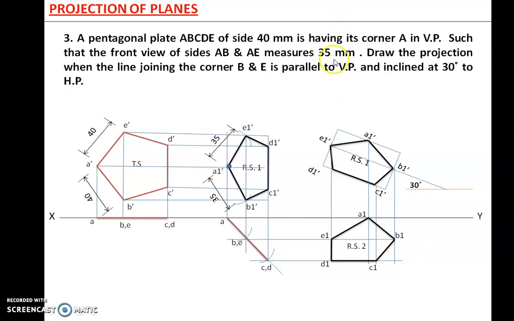Whenever some reduced sizes are given, those reduced sizes are indirectly giving you the size of this reduced shape number 1, always the size of the reduced shape number 1 which we get in the second step. So understand it. It may be in the front view, maybe in the top view, but they are of the reduced shape only. So by this we are indirectly inclining the plane. Okay. So this is the final solution.